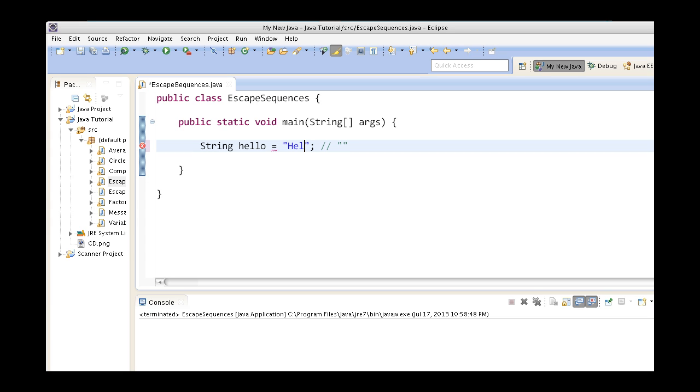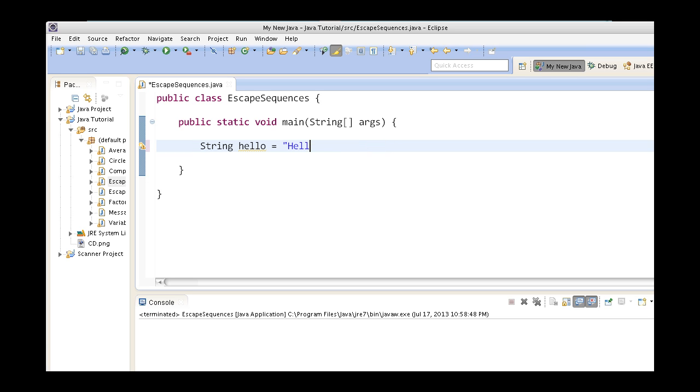If I want to print a double quote in between the string, I have to put an escape character in between. For Java, the escape character is a backslash.